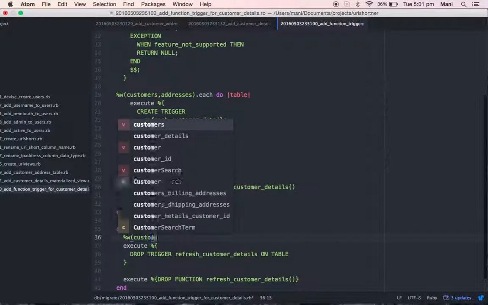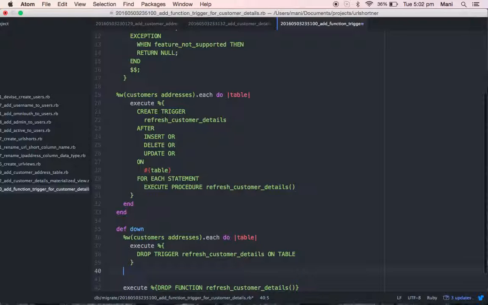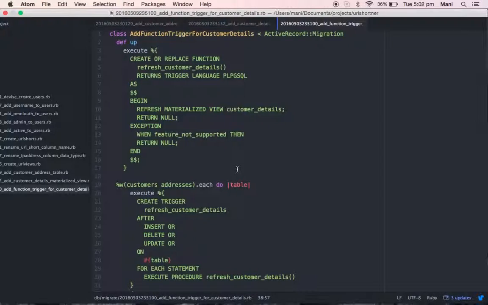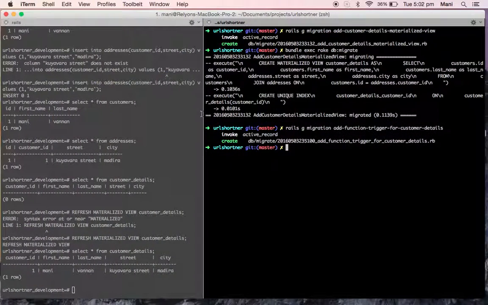So customers, addresses dot each to table, and so everything is done. We have created a function and written a trigger function, and now we'll migrate this code.